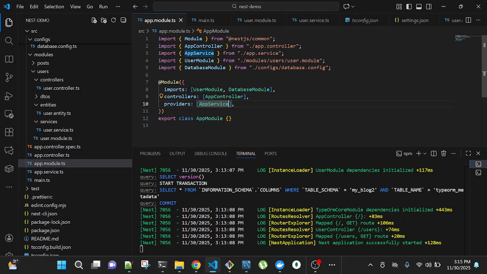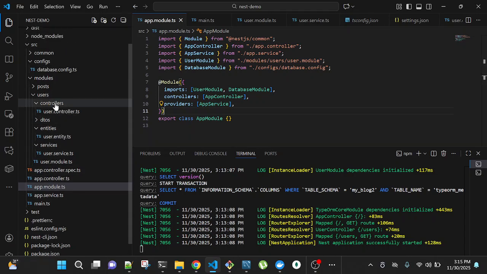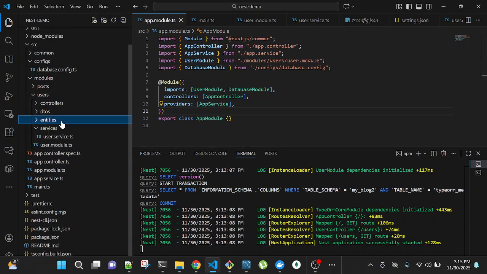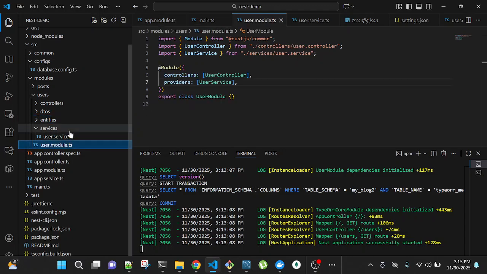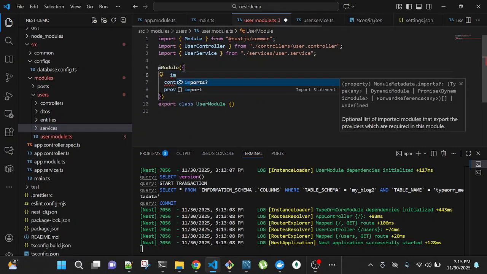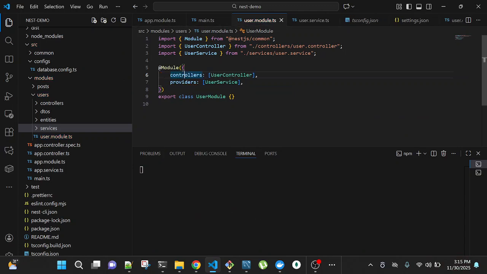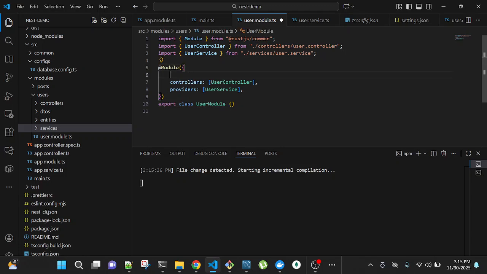All right, so come to our user module here. We need to import it like this. All right, properly formatted.